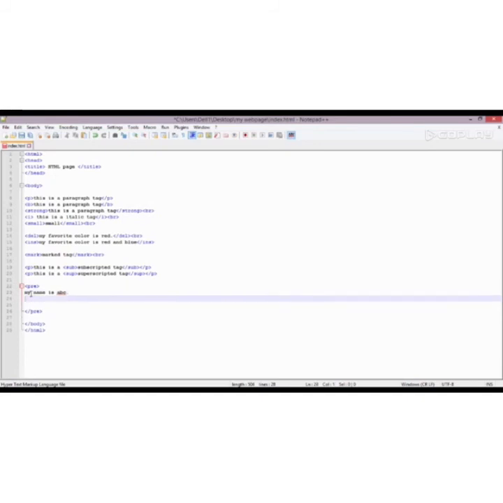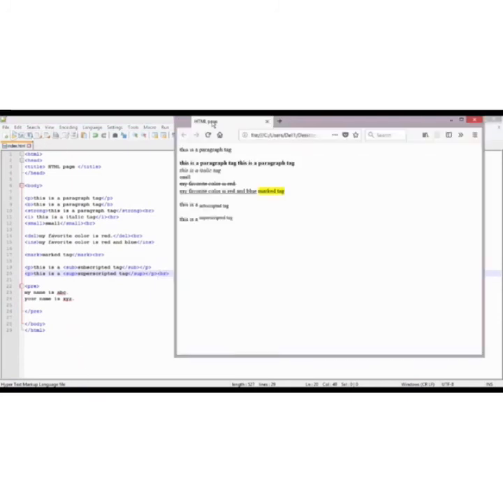Then your name is XYZ. Okay, save the changes. Just use a break over here, otherwise it will create problem for us. Save the changes and refreshing the browser. Then my name is ABC. You can see that it has preserved both the spaces and the line breaks as well. If we do not want to use pre tag, then we will use the break tag to define a line break.